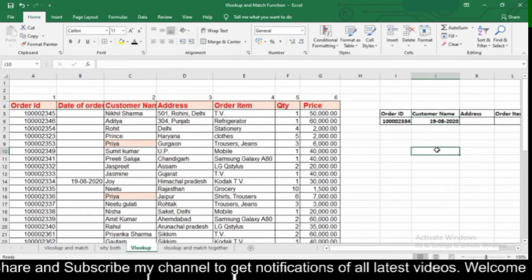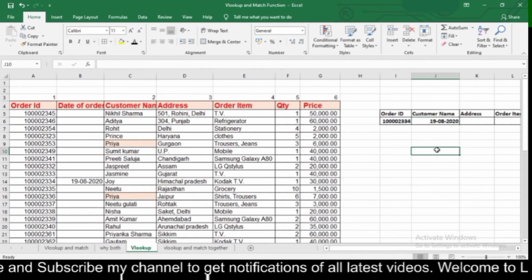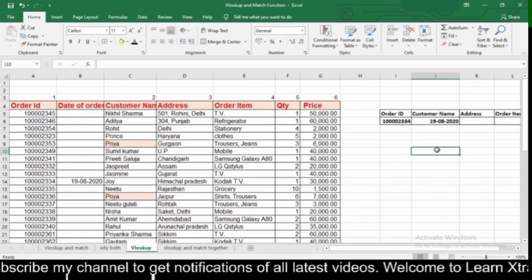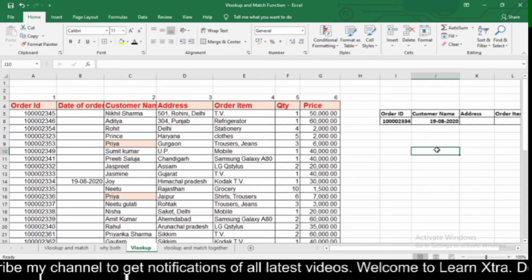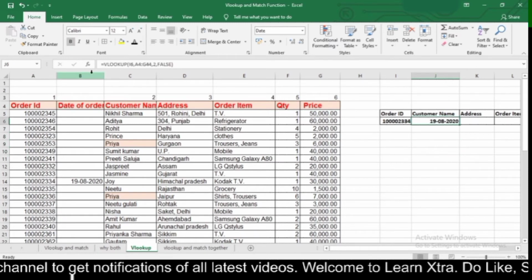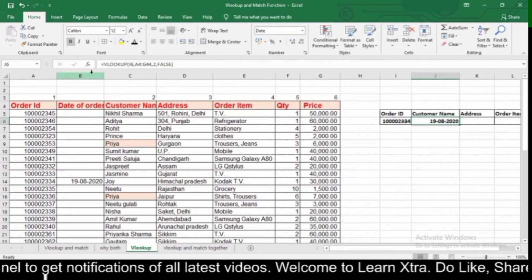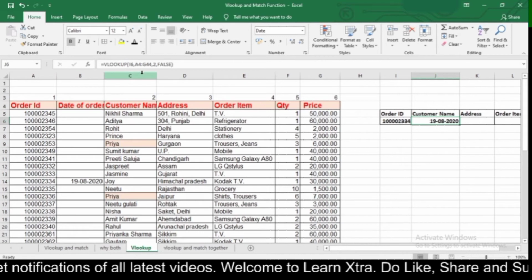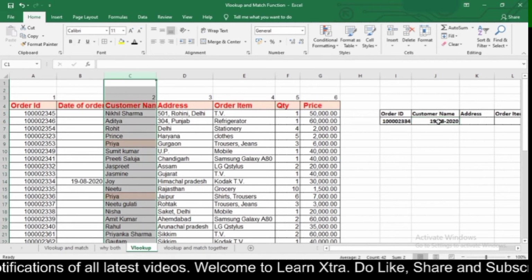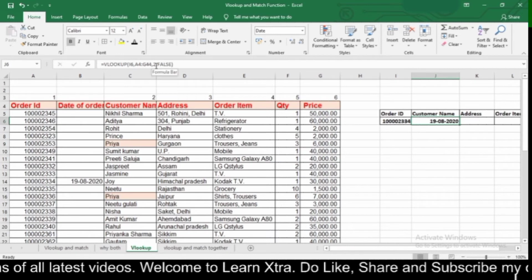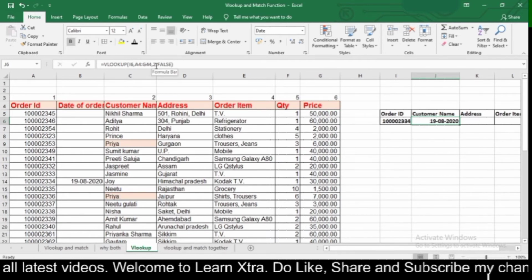So here we need to use VLOOKUP and match function simultaneously so that we can get accurate answers for our data, because here my column number is static, that is 2. Even though I have changed my customer's name column which is 3 now, my formula is still taking my column number as 2. So that is why we need to use both the functions together.